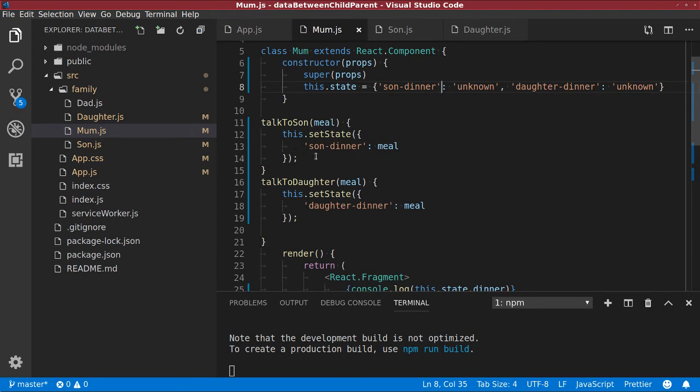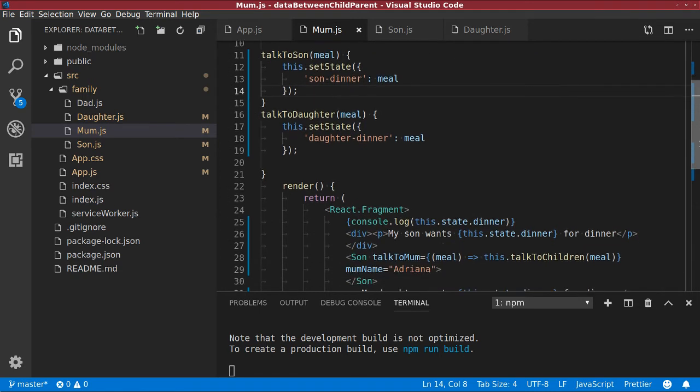So now we've separated out this logic, talk to son, talk to daughter. Okay, yep. What's the next step once we've set up a correct method and correct state? Say again, Vivian? Something about the render function? Yeah. What do you mean call the render function? The render function just runs at certain points, right? When the state's updated, when we've used this .setState, initial render. So do you mean change something in the render? Yeah,